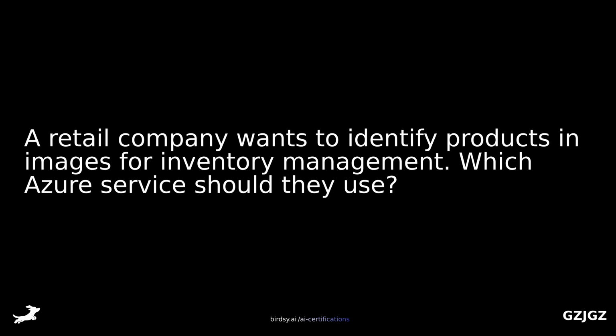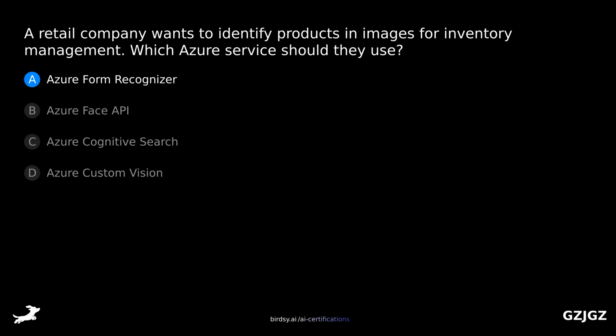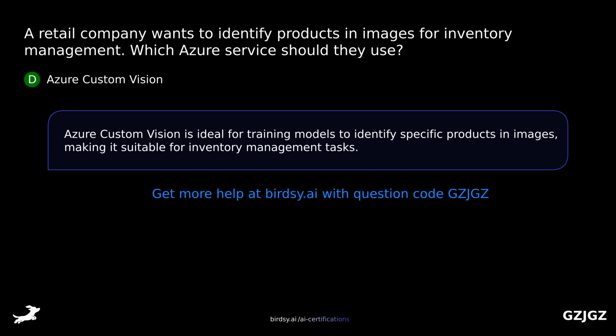A retail company wants to identify products and images for inventory management. Which Azure service should they use? Is it A. Azure Form Recognizer, B. Azure Face API, C. Azure Cognitive Search, or D. Azure Custom Vision? The answer is D. Azure Custom Vision. Azure Custom Vision is ideal for training models to identify specific products in images, making it suitable